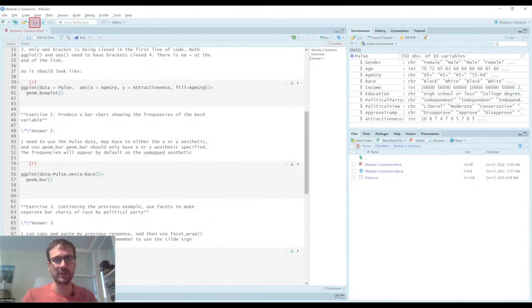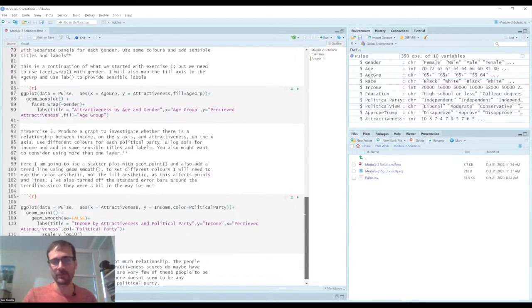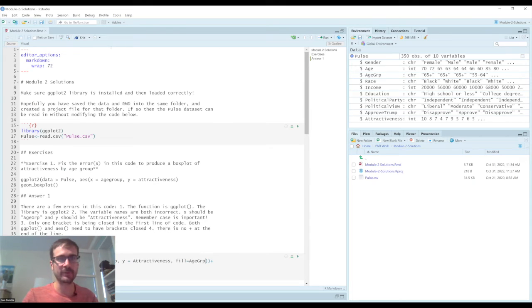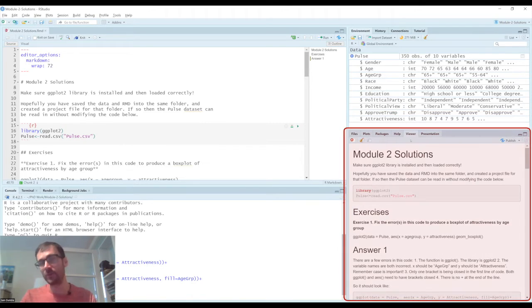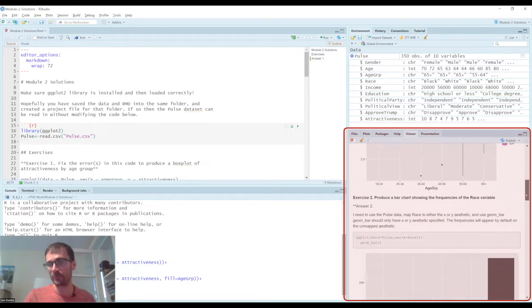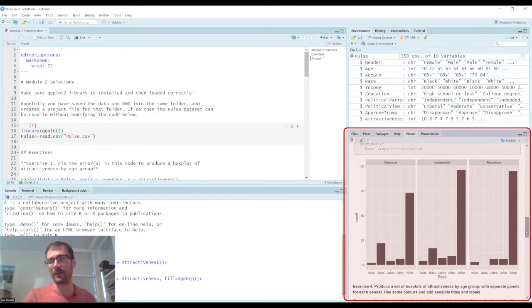So if I save my changes, which has the fill for age group, what I can do, as long as there are no errors in my code, is create a report. So if I click here on this knit button, it will whir away for a little bit. You can see something's happening in the files window. And there we go. And in the viewer, what happens by default is we get sort of a HTML report of all of our output.